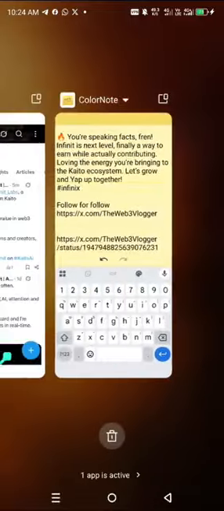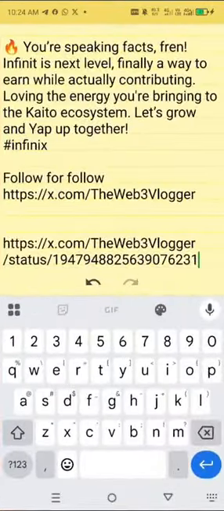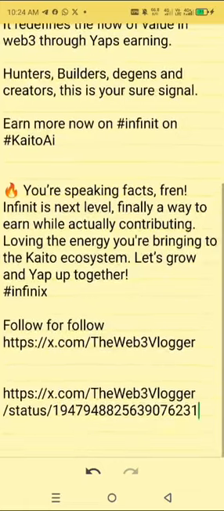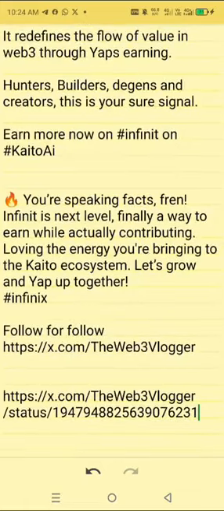Let me quickly recap before I call it a day. For the follow, remember, just your username. Any other thing behind your username, from the question mark behind your username, clear them out. Then for the post, after your status slash your ID, anything behind the ID, delete it. That's the question mark T, just delete everything to the end.